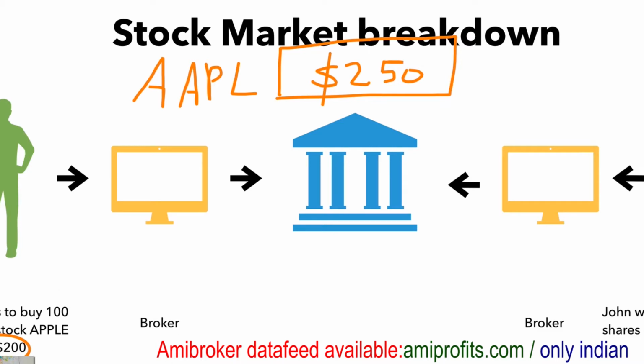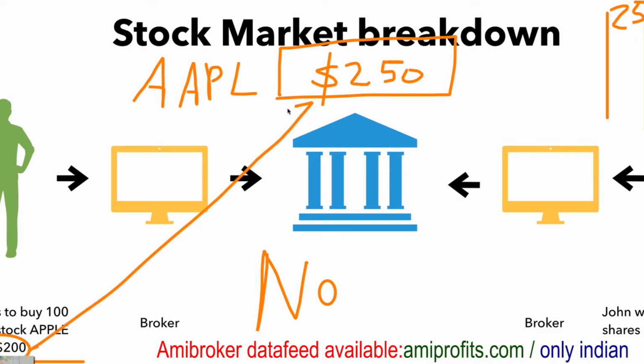Once again, let's say Bob wants to buy 100 shares of stock Apple at 200. John wants to sell it for 250, and there are other people obviously that want to sell it for 250, right? Will Bob get the shares for 200? The answer is no. Why no? Because if Bob wants the shares right now, he has to pay what people are looking to sell it for, right? And I'll break that down in a bit.